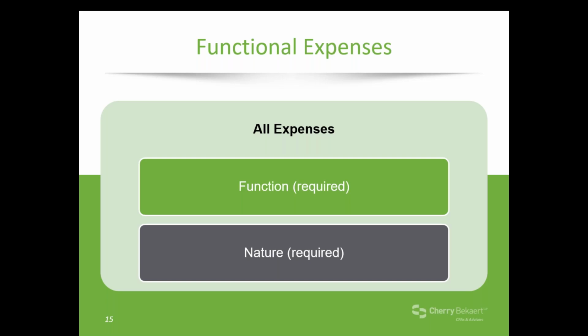One question I've been asked a few times is, what exactly does by nature and by function mean? Natural expense classification is a method of grouping expenses according to the economic benefits received in incurring those expenses. Examples of natural classifications include salaries and wages, supplies, interest expense, rent and utilities, and depreciation. And a functional expense classification is a method of grouping expenses according to the purpose for which costs are incurred.